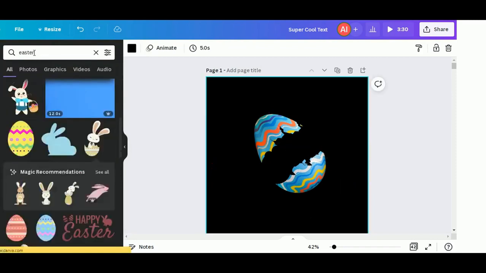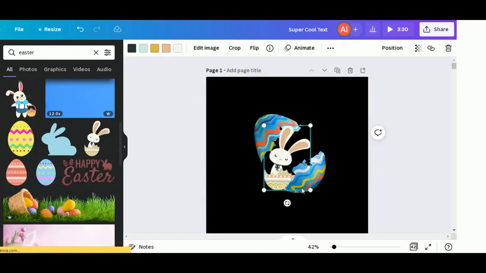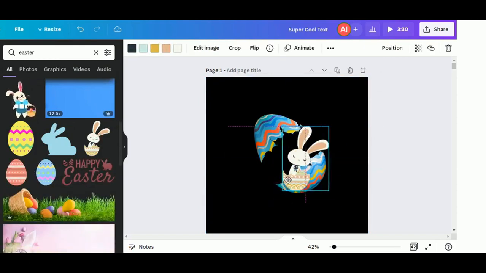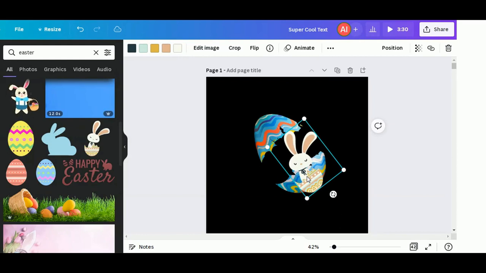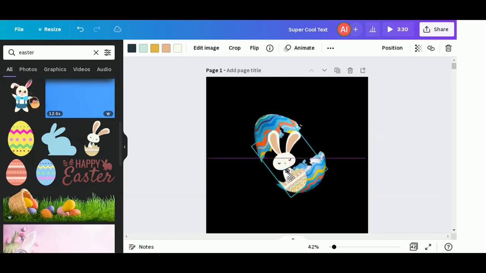Now let's add a character. Adjust the character as per your design.